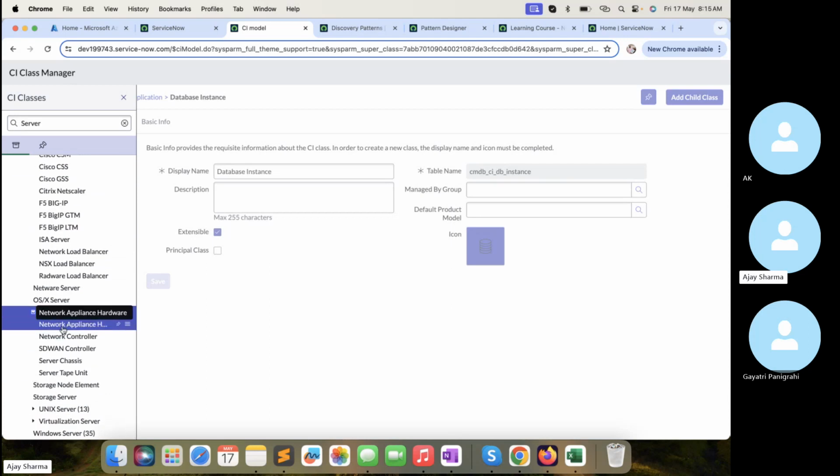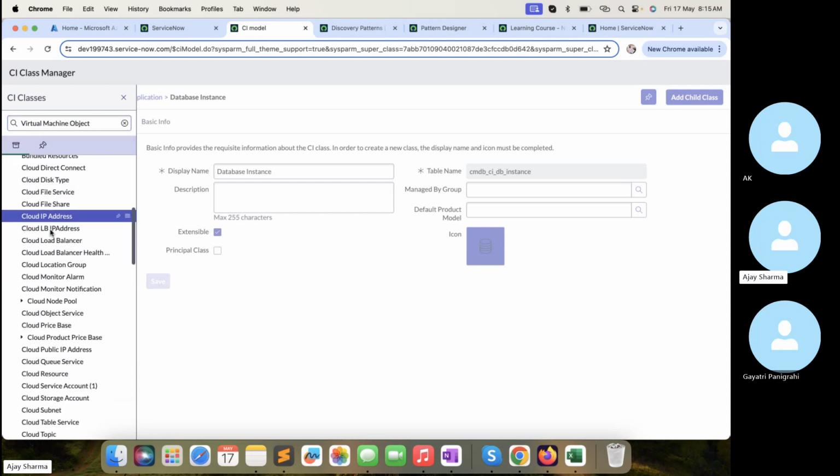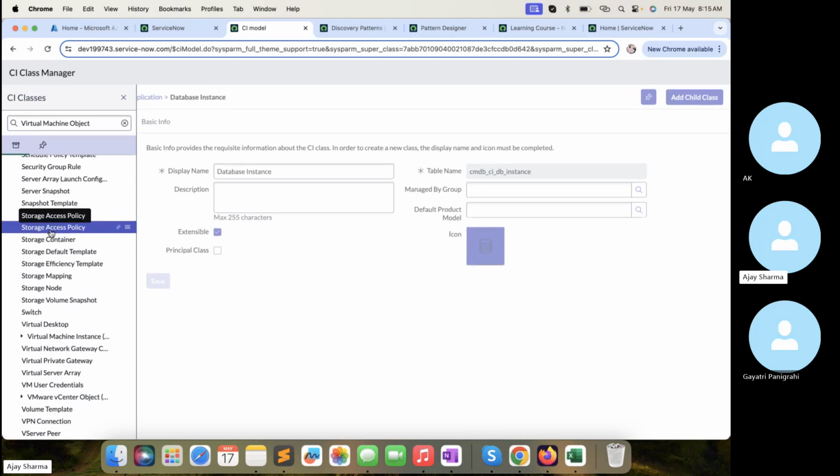So just try to assess each piece of information. If the customer says no, it's a virtual machine. Right, so you just type virtual. If you are typing virtual, there are a couple of things: virtual machine object, virtualization server, Hyper-V, virtual gateway, virtual cloud, virtual server array. So just try to go through each one to understand what it is and where the data is going to